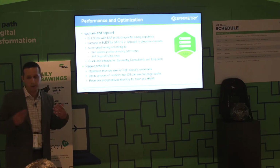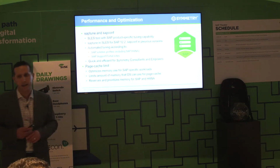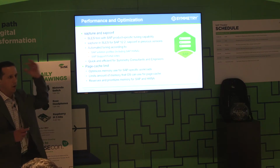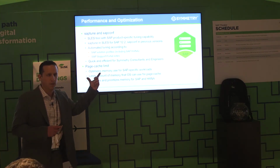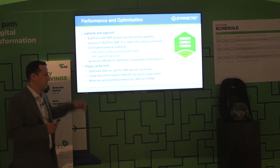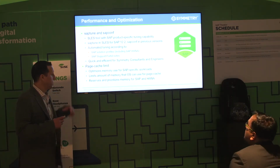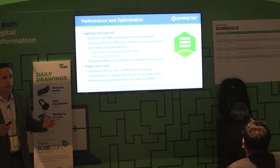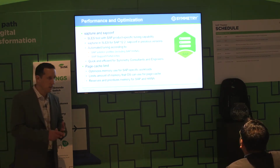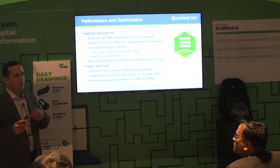It's a meticulous process, a labor of love for us, but these tools do a fantastic job of automating a lot of that tuning. SAPTune is the more recent of the two, I believe available as of SLES 12.2, and its predecessor was SAPconf. Both do similar things, although SAPTune is a little more optimized and probably a little more full-featured. But you can use the SAPTune tool to aim it at a pre-configured tuning profile, right? A tuning profile for S/4HANA, standalone HANA database, MaxDB, NetWeaver, and again, all of that meticulous kernel tuning,